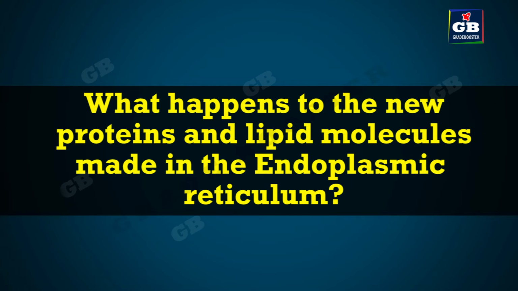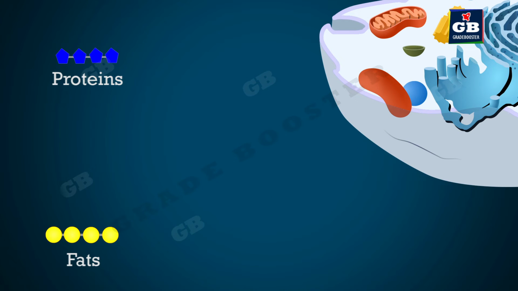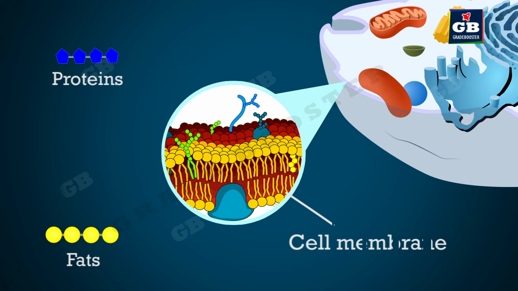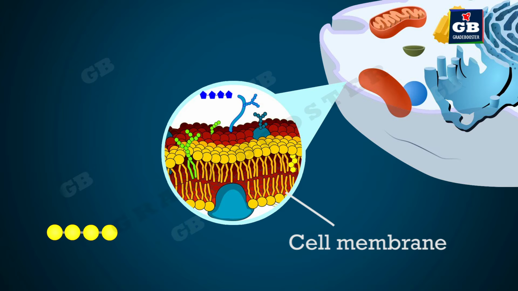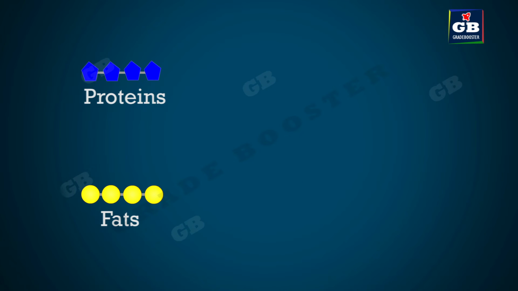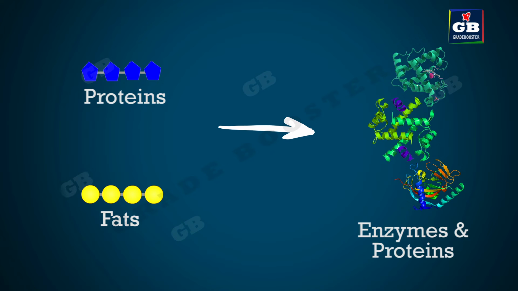What happens to the new proteins and lipid molecules made in the endoplasmic reticulum? These proteins and fats are used by cell in different ways. These materials are used to make cell membrane. We know that cell membrane is made up of proteins and lipids. So, for the formation of new cell membrane during cell division, these materials are required. Some proteins and fats are converted to enzymes and hormones and are secreted out of the cell to execute various